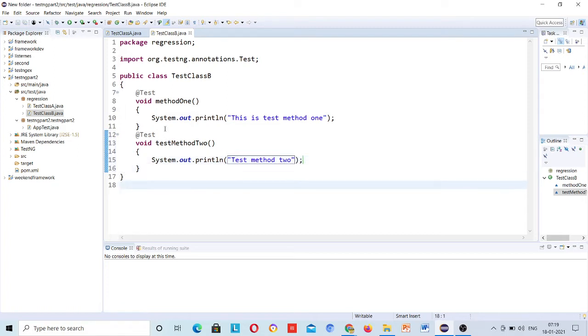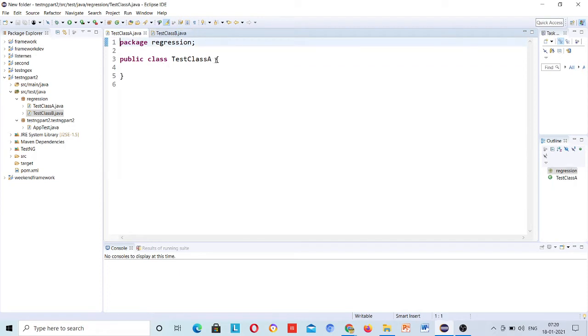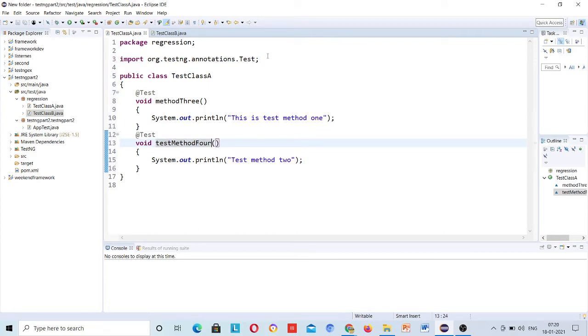These are two methods in test class B. Similarly, in class A I will create two more methods, like method 3 and 4, and change it here as well.